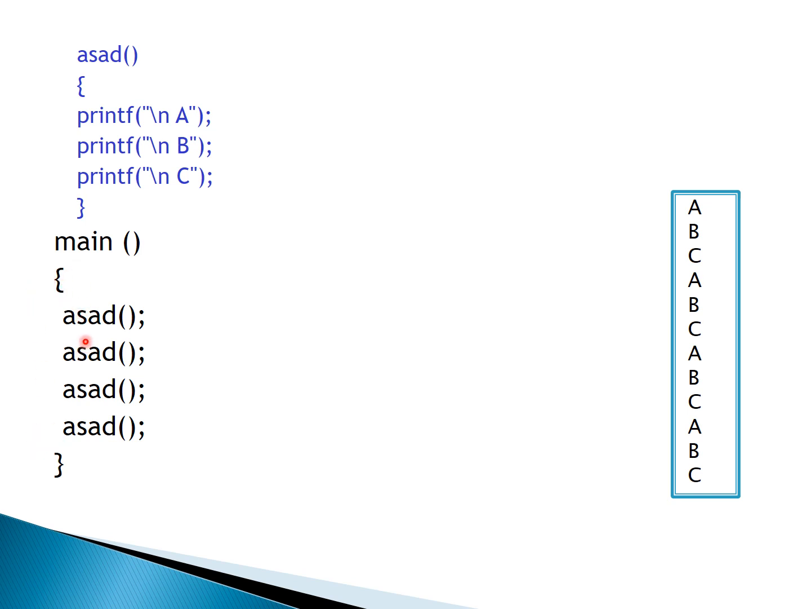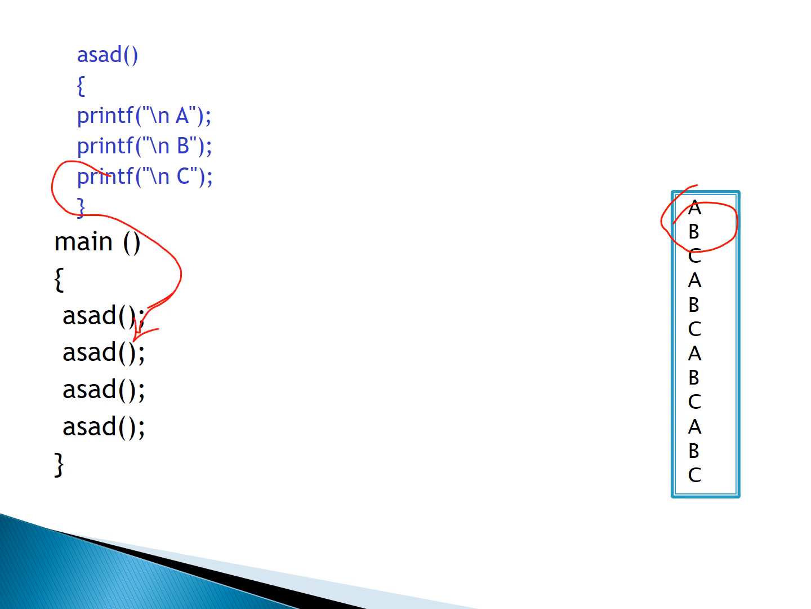So we have four statements, and actually we have called asset function four times. So first time the asset function will be called, and then inside the asset function we have the three statements. So it will print a b c. So a b c, let me use the pen here. So this is for the first call. Then this is done, then again the control will come back here,